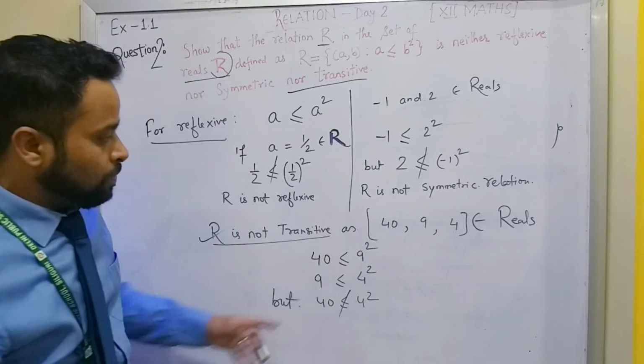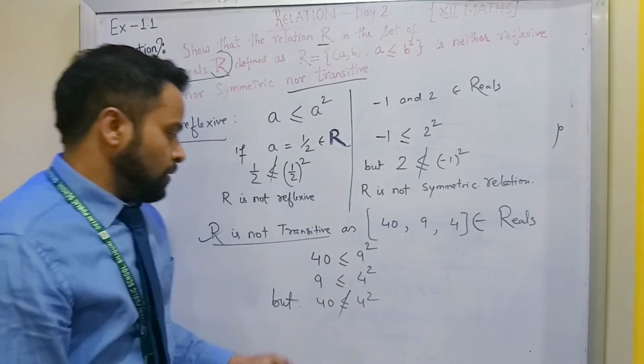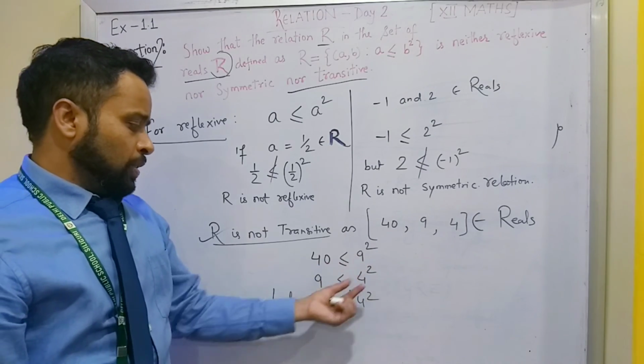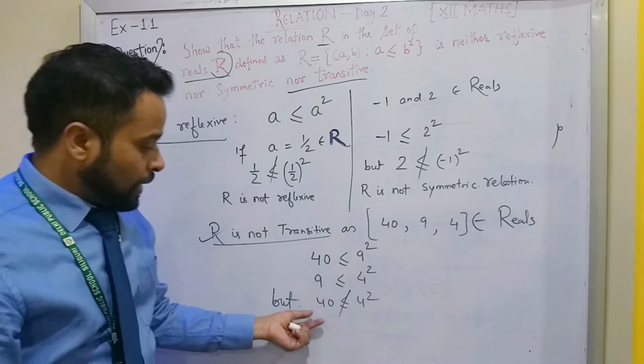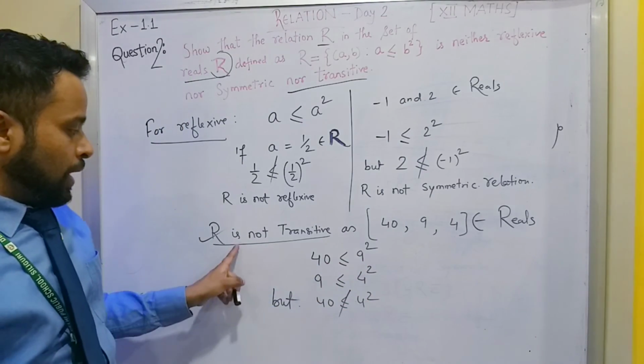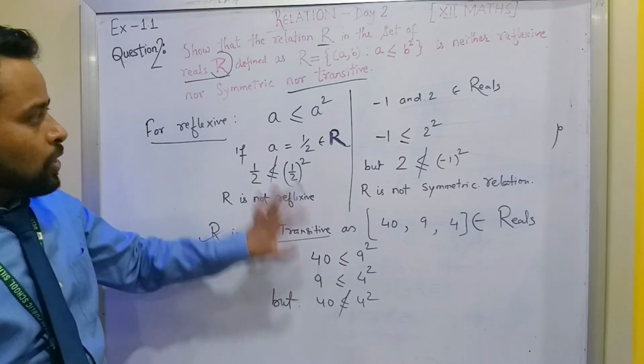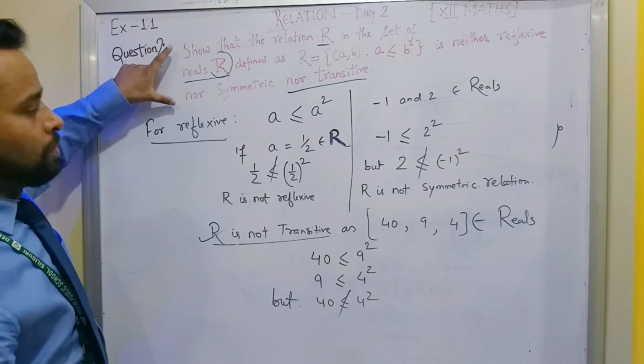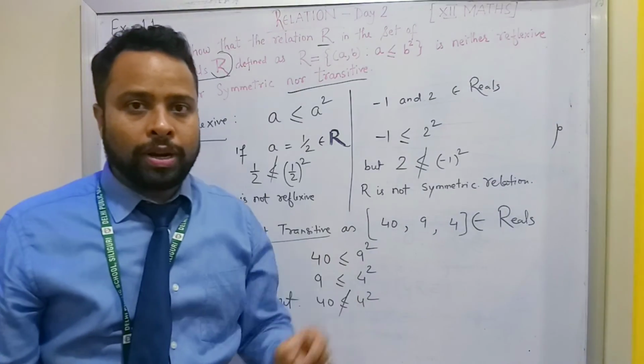R is not transitive because 49 and 4 belong to reals. A is less than or equal to B square, B is less than or equal to C square, but A is not less than or equal to C square. So R is not transitive. In this way you can solve question number 2, which is a very important question for your